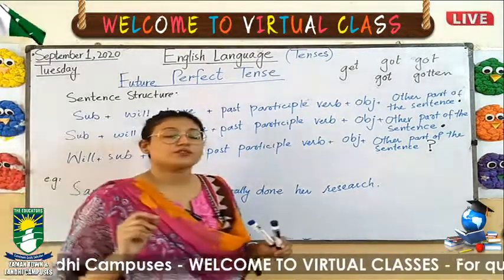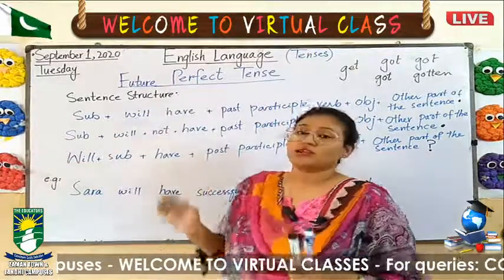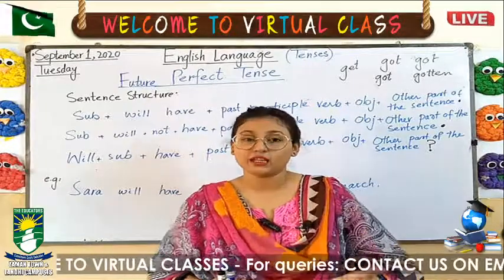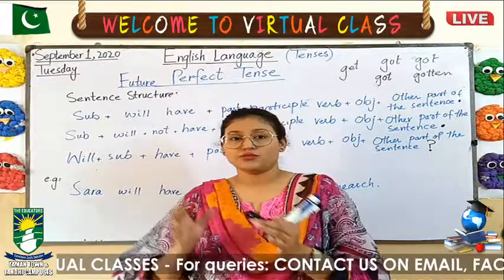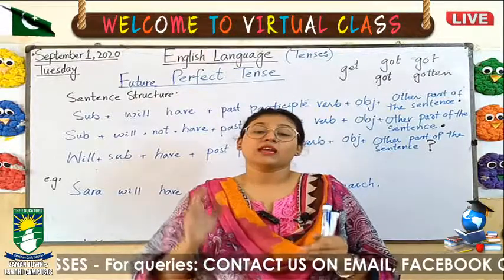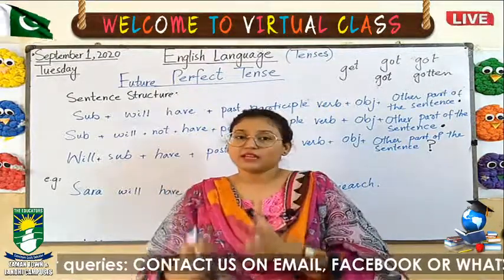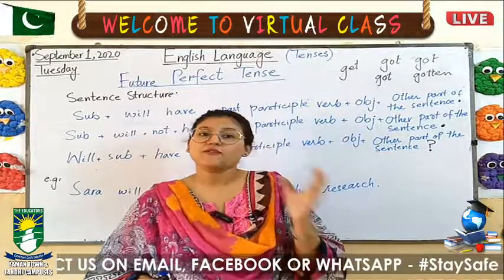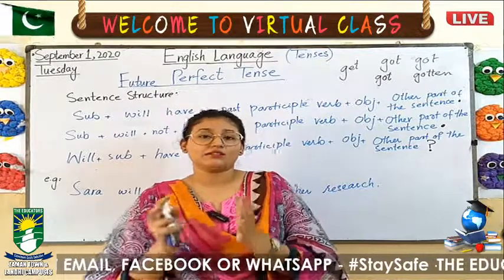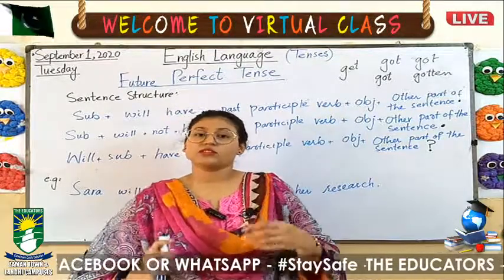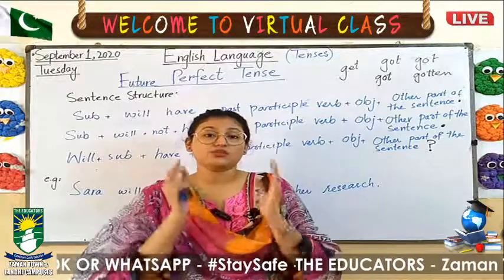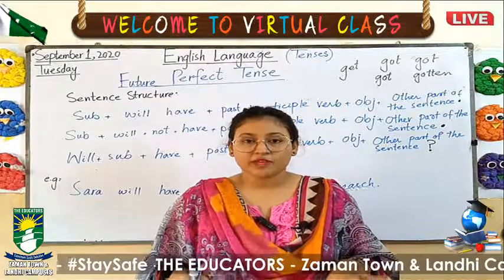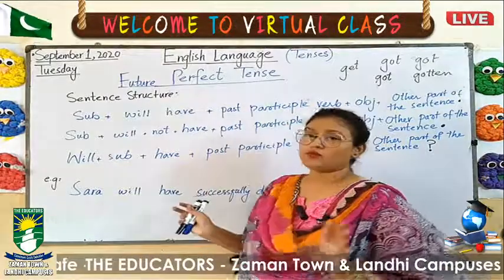We use future perfect tense to describe the actions which we are expecting or planning to commit to do in the future. Okay, and how do we do that? We complete a task, being definite that we would be completing our task by that definite time. So this is our planning. Fine. Planning to complete a task or target in the future.